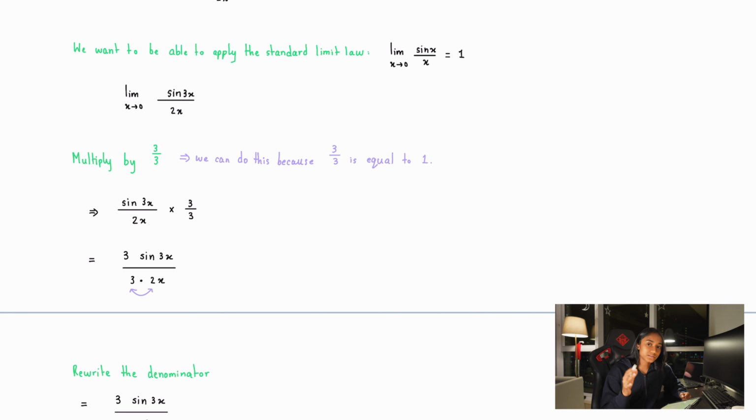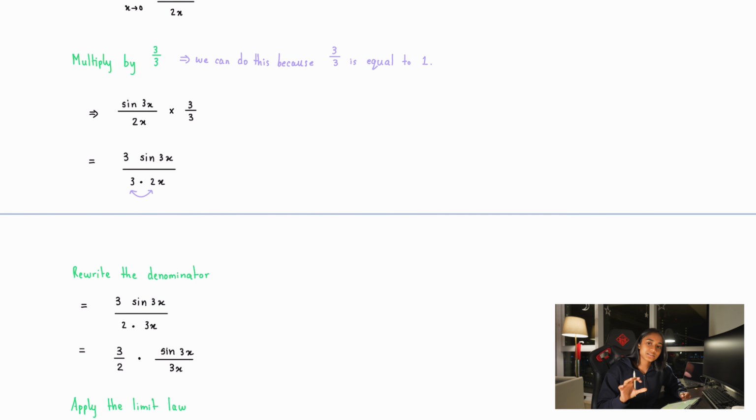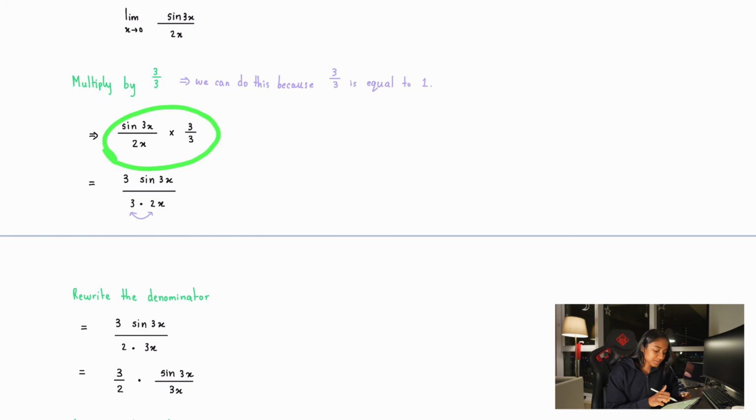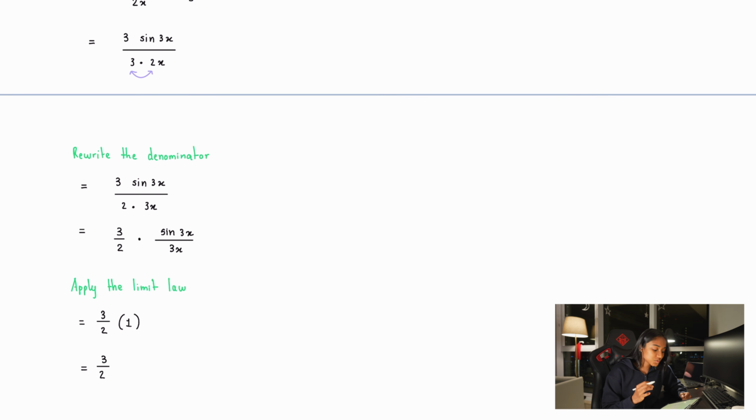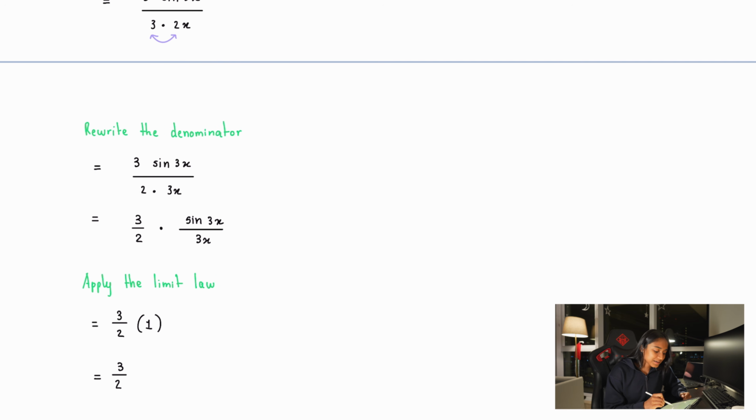Okay? So what we are going to do is multiply by 3 over 3. And we could do this because this is essentially equal to 1. 3 divided by 3 is 1. Right? So what we're going to do is put it into a form that we could recognize to be able to apply the limit law, the standard limit law that I just showed you. So we are multiplying it. Then what we are doing is switching the denominators. And I think if you look at it carefully, you can tell why we are switching the denominators. We are switching the denominators to be able to separate them, and one of them happens to be equal to 1,